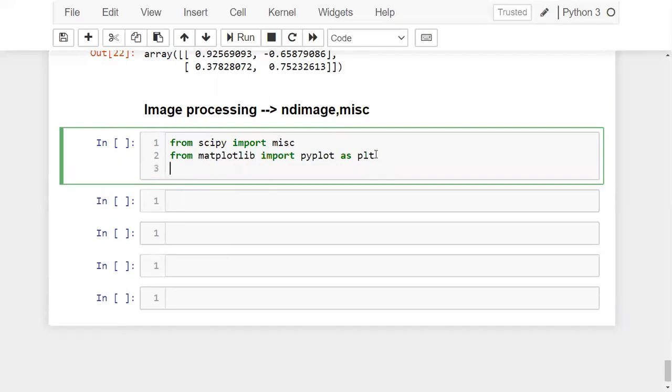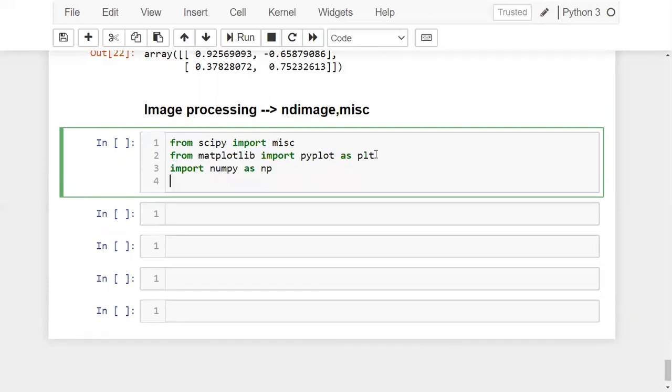So mostly we'll work with images using numpy. So I'm importing numpy also. Import numpy as np. Okay, so now my requirement is I want to import an image from this misc package. So I'm writing misc dot face. Okay, this misc dot face will give you some image here.